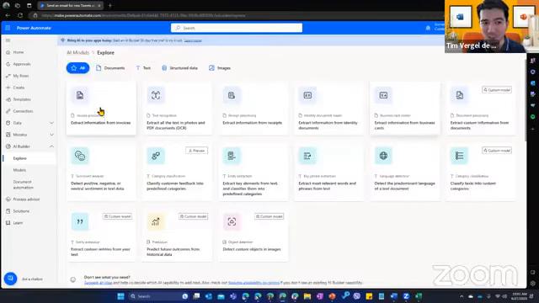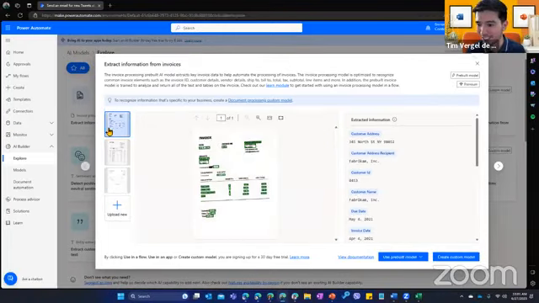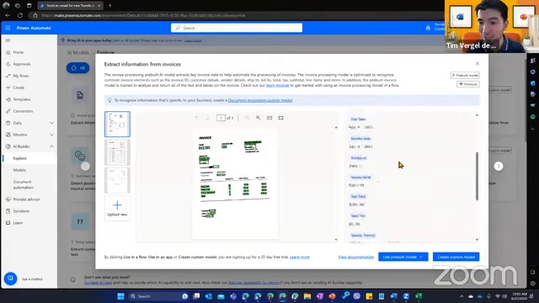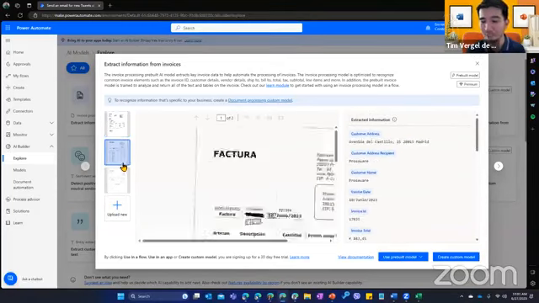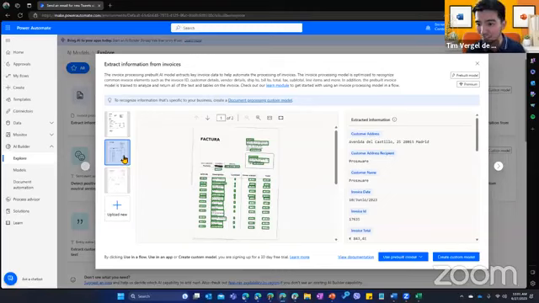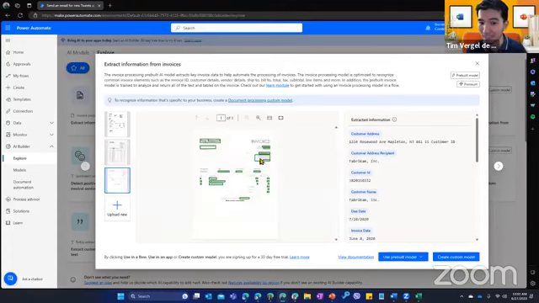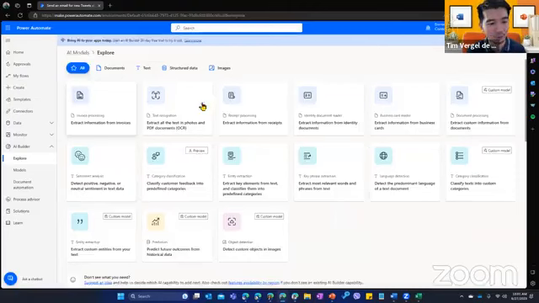Now it can do the same thing for invoices, right? Imagine this one is a scanned invoice or faxed invoice, but even if it's not perfectly aligned or centered, you can actually see that it actually gets the pertinent information for me, right? So imagine court proceedings, legal documents. If you have the templates, you can train it to understand your template and allow it to get your information. You can also train it on things like,